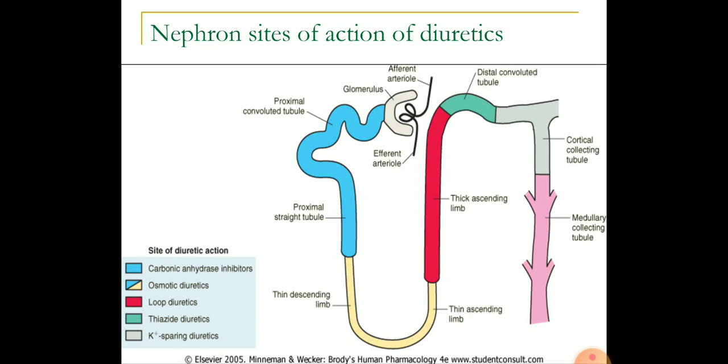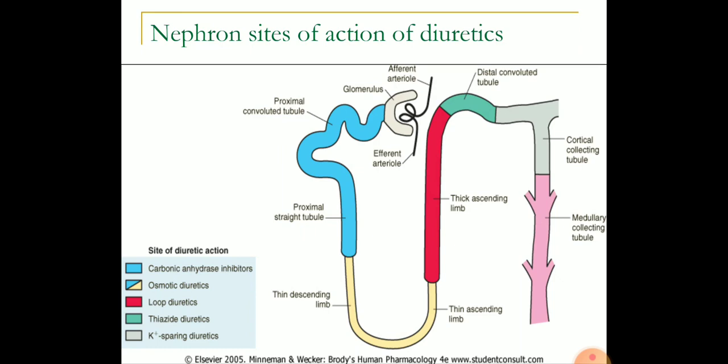So this characteristic of diuretics by which it's helping in the loss of sodium is called its natriuretic property. If it is helping in the excretion or loss of sodium and chlorine both, then it is going to be called saluretic property. If it is helping in the excretion of more potassium, then it is called kaliuretic property.